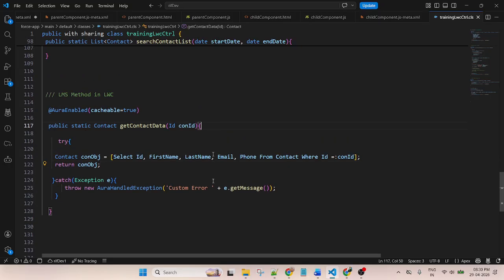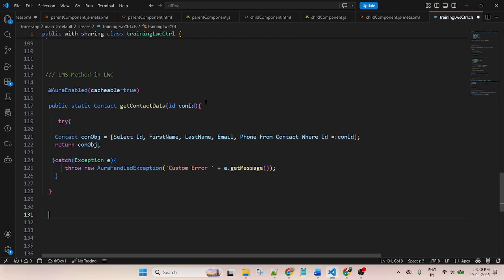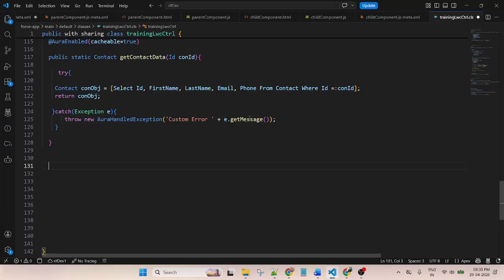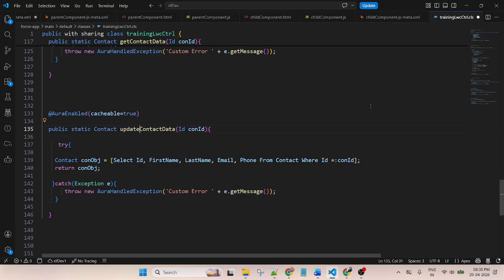So first I will retrieve data. How to update? Second, we need to create another method for updating the record. This method is only for fetching the data. Second, I will create another one for updating contact data: updateContactData.